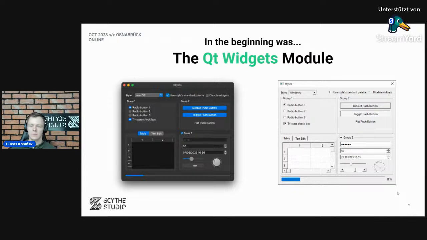I like it a lot. However, there are some problems with the Qt Widgets module. They are nice for desktop purposes. As you can see, you can develop some nice looking native apps using Qt Widgets. You can, of course, also style them, but there are some problems with them.